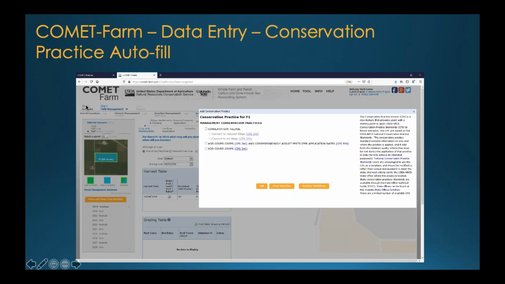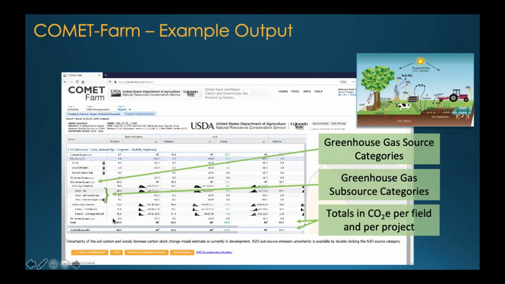And then your future scenario, which is shown on this slide, is modeled 10 years after the baseline period. So this is where, if you were changing your tillage or modifying your irrigation types, this is the future management scenario where you would implement those into COMET Farm. Then the tool is going to execute the models and allows the users to see how your practices can impact the soil, carbon, nitrogen